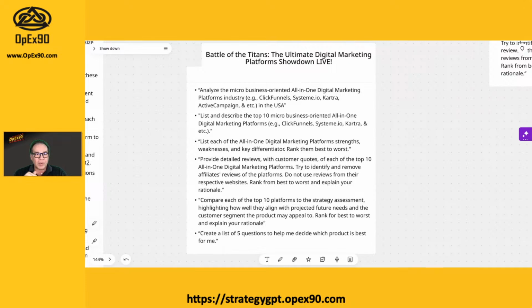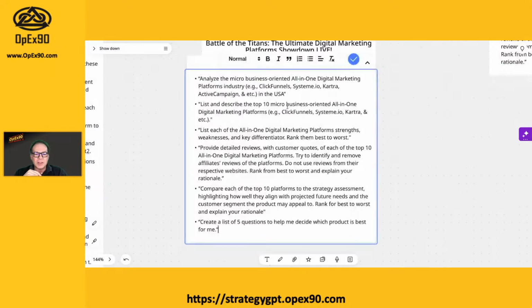So we're going to run the strategy bot, and then we're going to open up, and let's say we'll use both Grok 3.0. I'm not sure how many of you use it. Fantastic tool, right? And let's use Perplexity. So we'll drop it into Grok and Perplexity and see what we do. So the first thing I'm going to do is grab this, and I'm going to copy and paste this prompt here